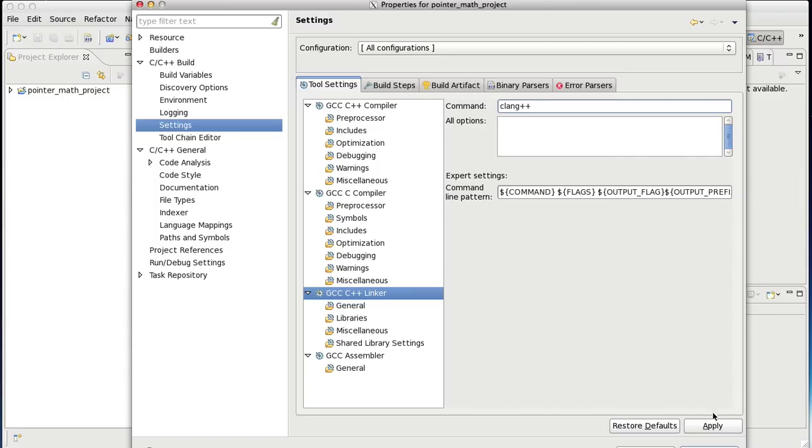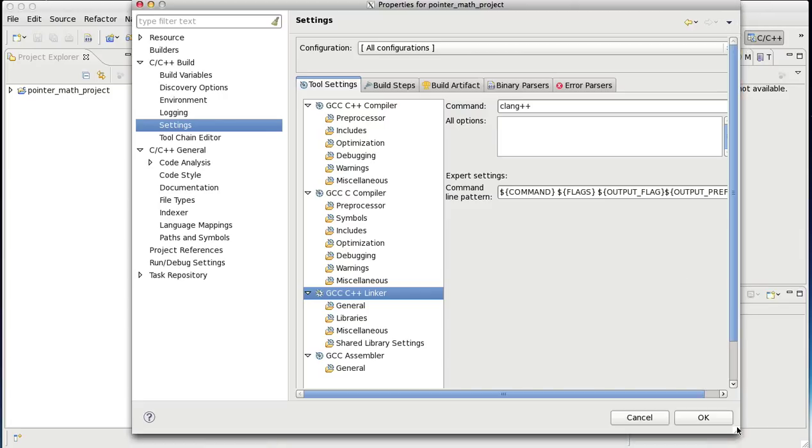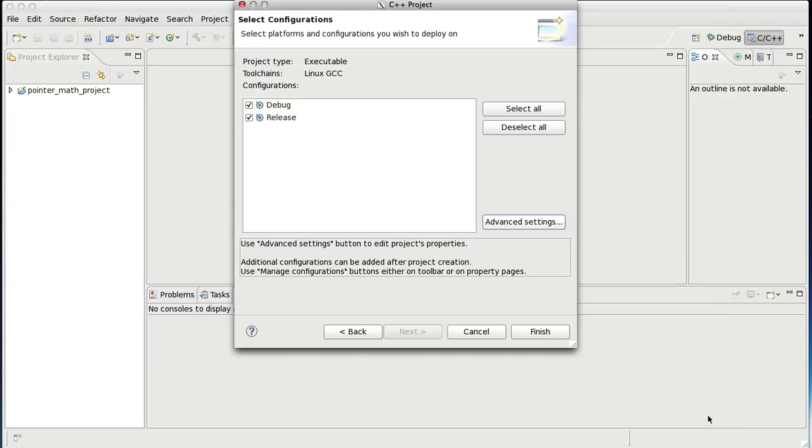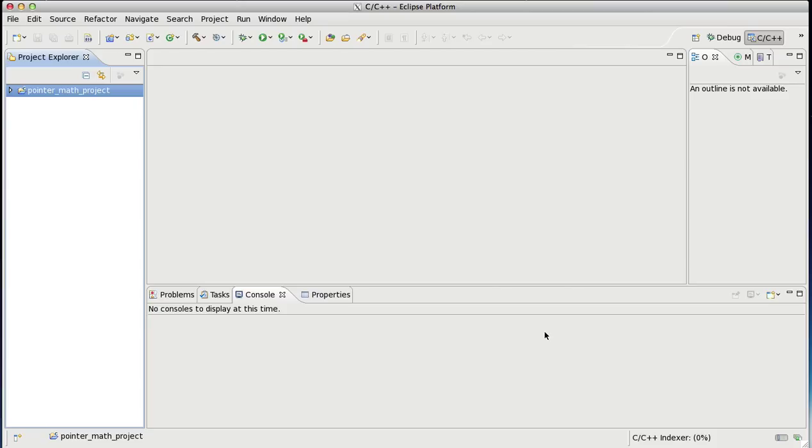Okay, and click Apply, and then click OK. Can't see the window here. There it is. Click OK, and now you can click Finish. Okay, now what we've done is we've created this project called the Pointer Math Project, and if you click on